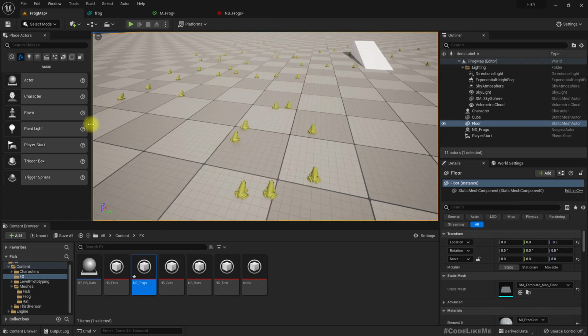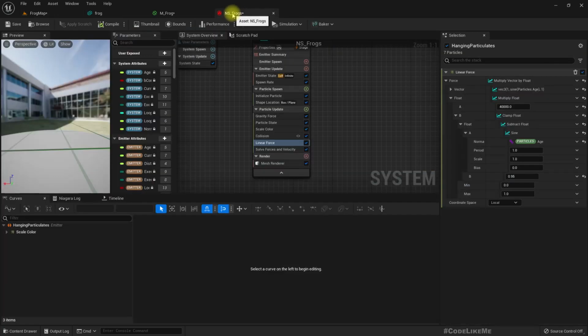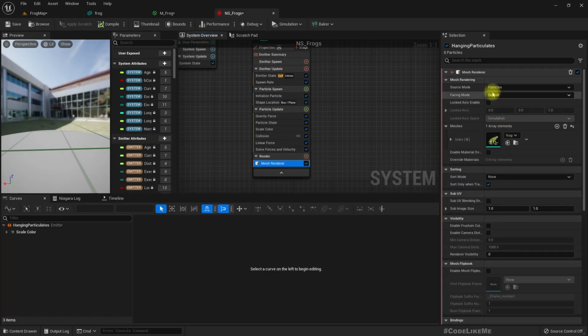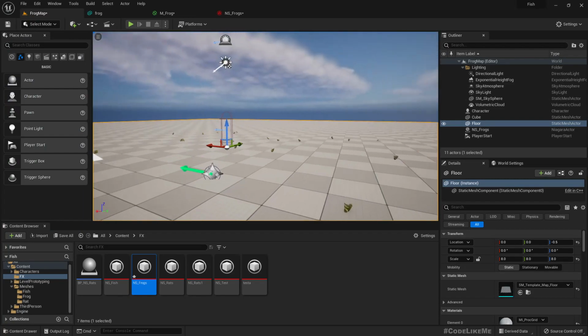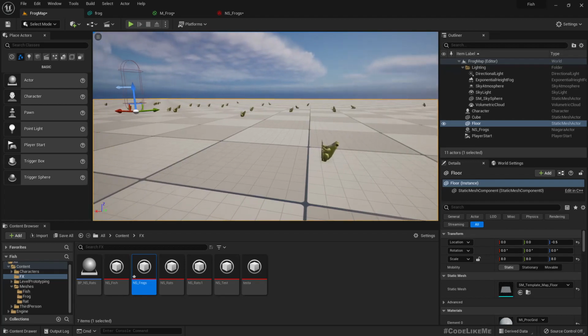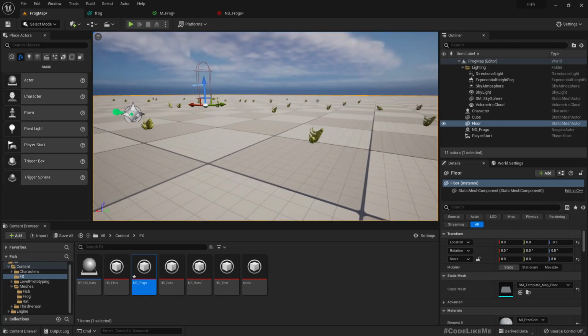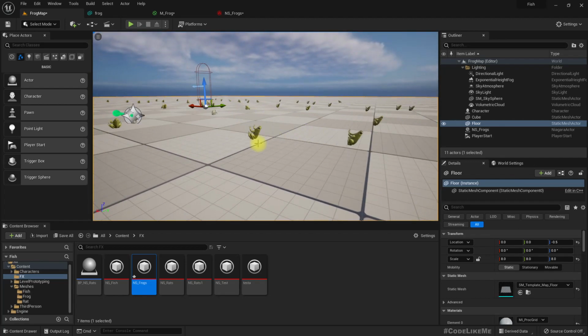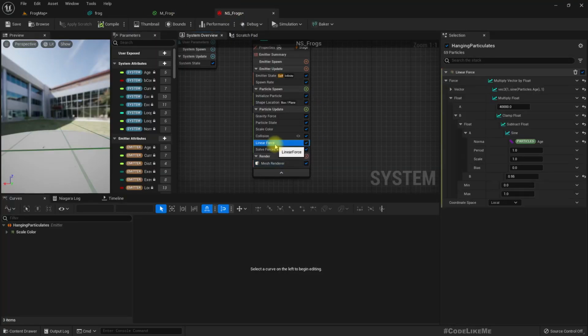For that we can change this facing mode to velocity. Wait, now they keep pointing upward. That's not the way we need it. Yeah, actually if we have a very small constant force, we may be able to avoid that. So